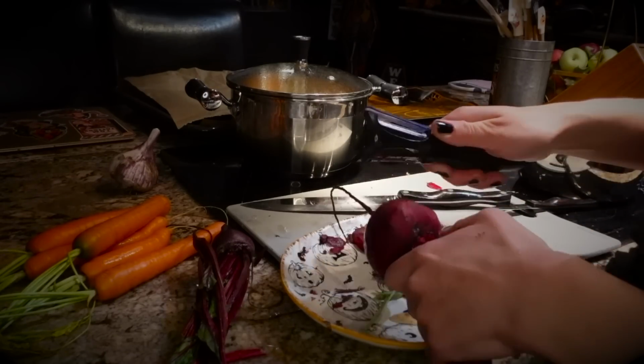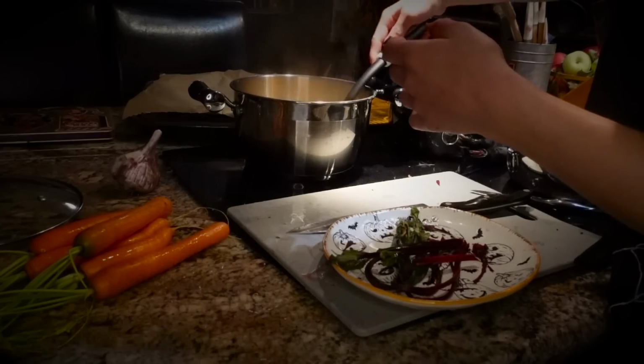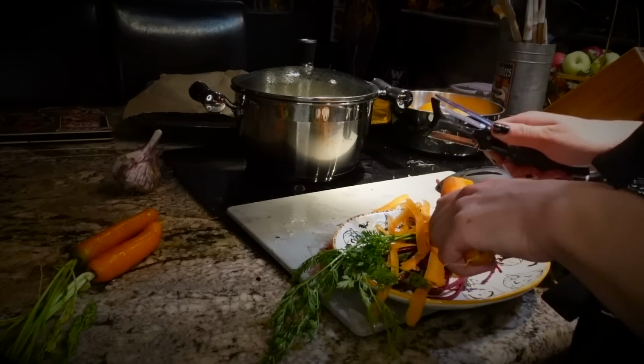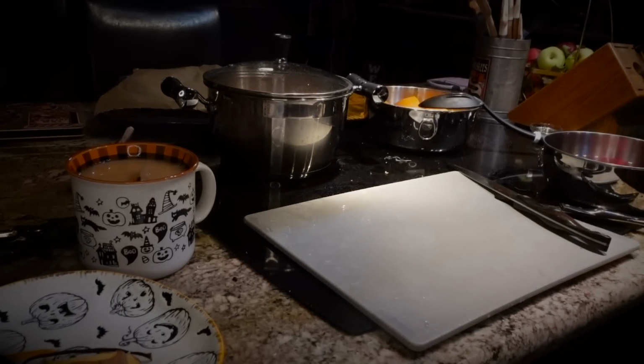Beets are one of the prettiest vegetables in my opinion. All the cool rings, like when you peel them, are just stunning. Taking out the potatoes and yams and replacing them with the beets and the carrots eventually. Once the carrots and the beets are cooking and the potatoes and yams have cooled down, I can take out